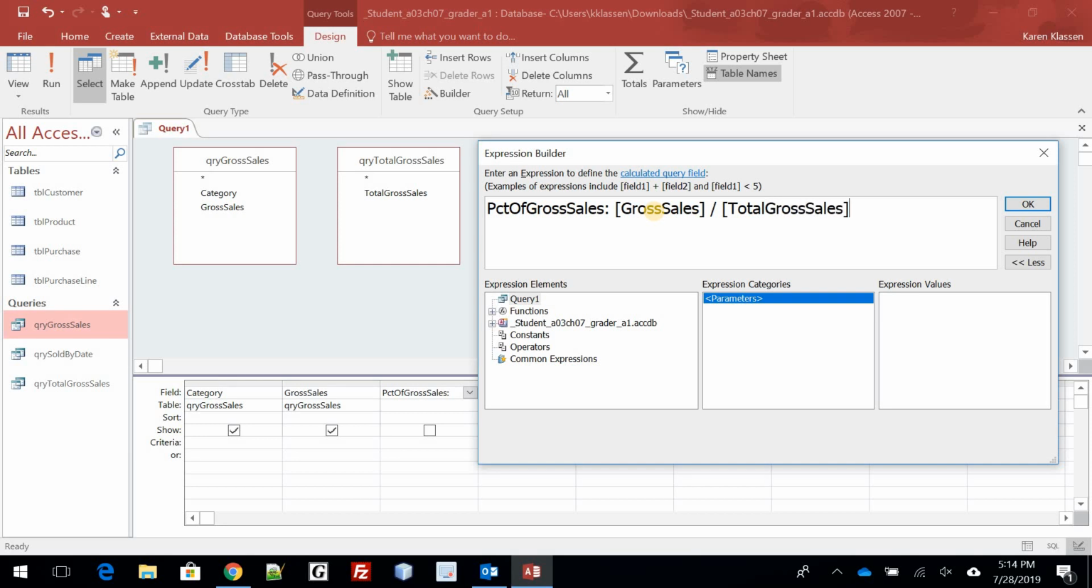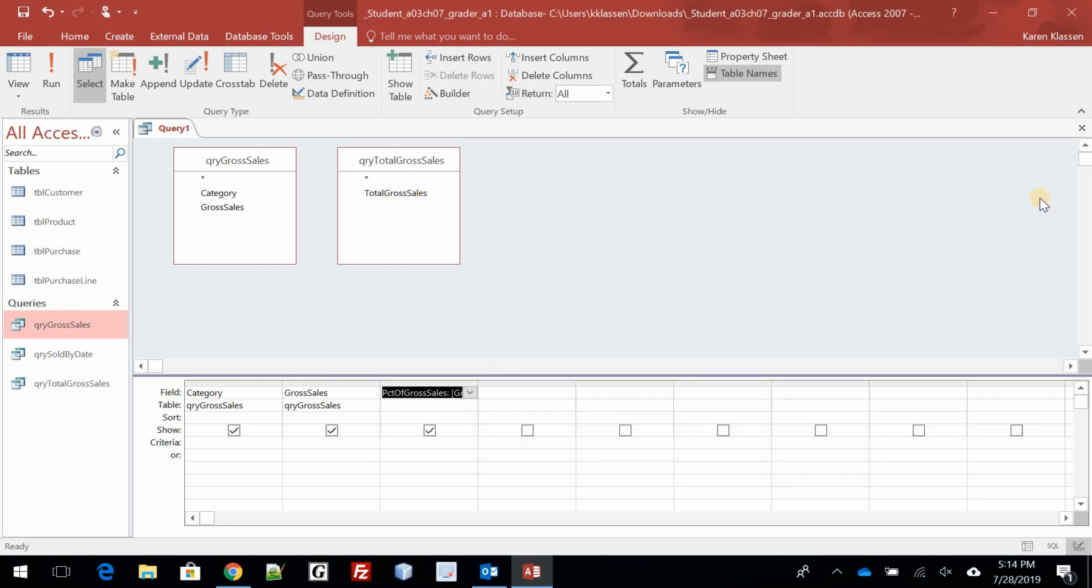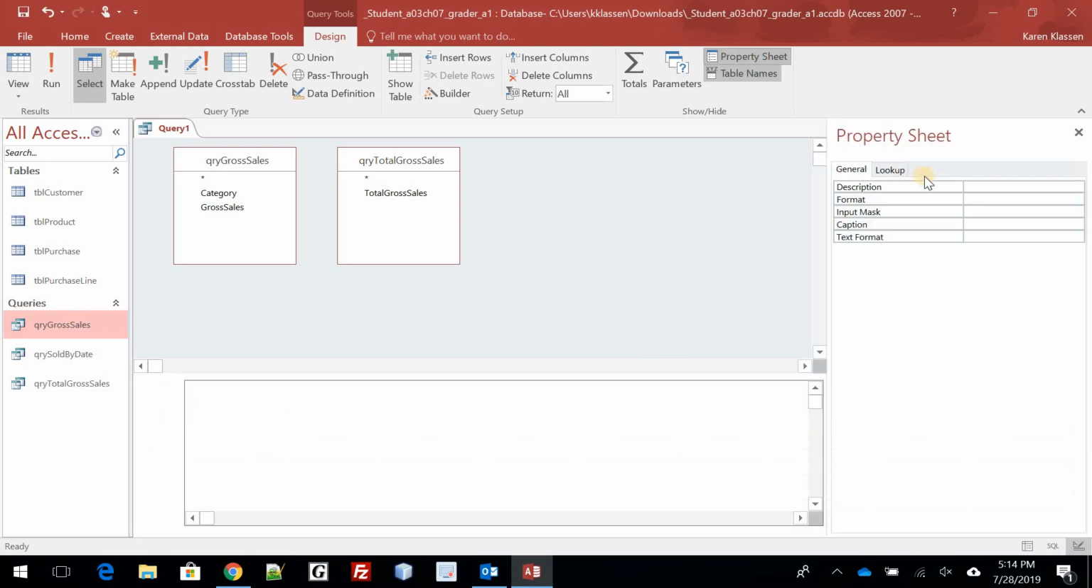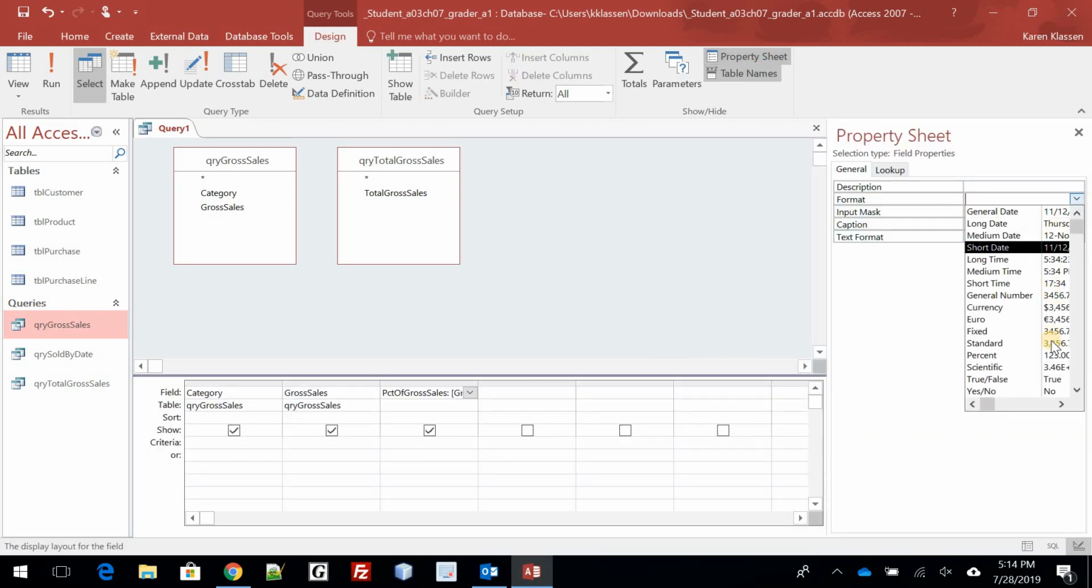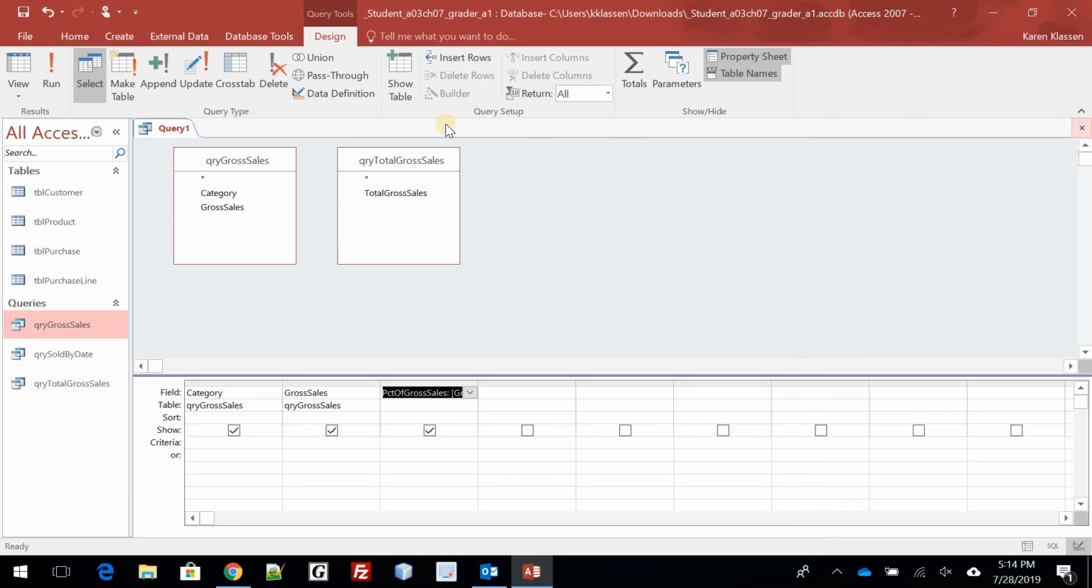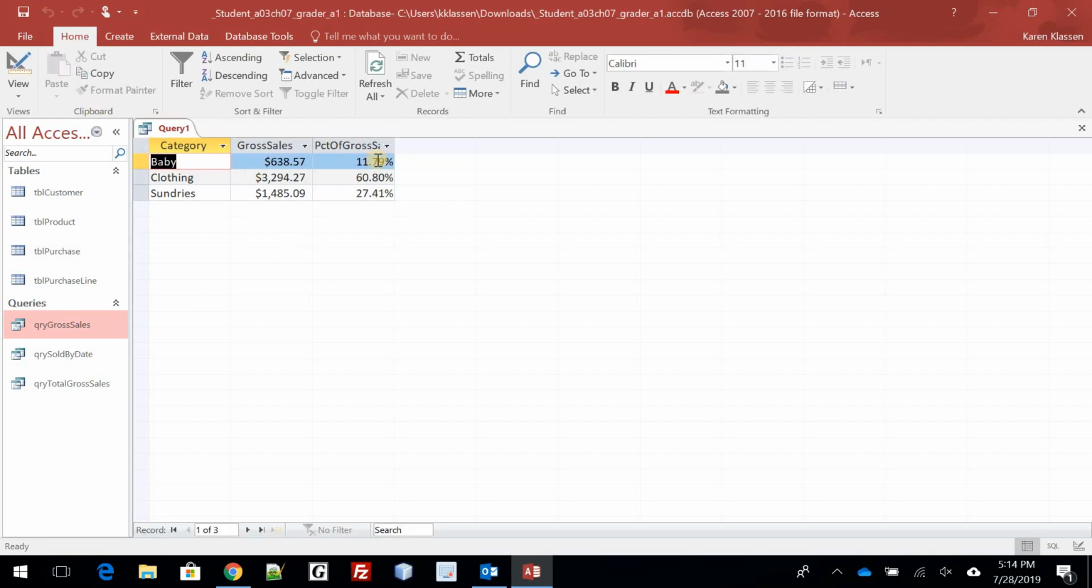Sales. Okay, so this is my portion divided by my whole. Each category, remember we had baby category and a couple other categories. So I have 3 categories with gross sales, and then I have the whole amount. And then we're going to format this as a percent, and run it, and hopefully it does tell us, okay, save the query